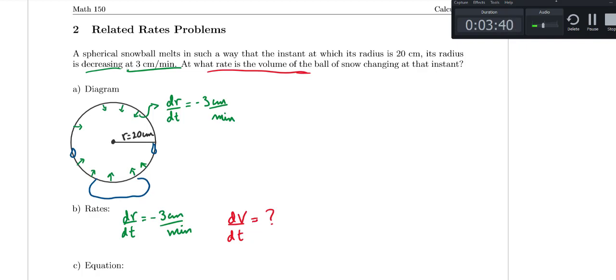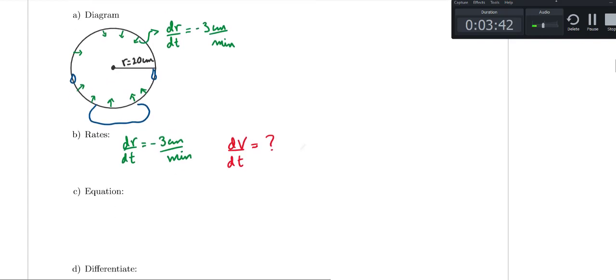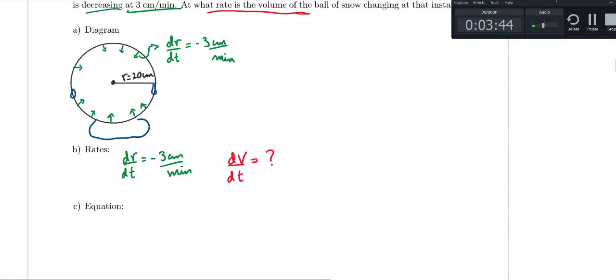But over here, no, let's go on to the next part. Okay, now the next part, which is very, very important, one of the most important steps here, is we want to come up with an equation that relates the rates. So what is the equation that, in this case,